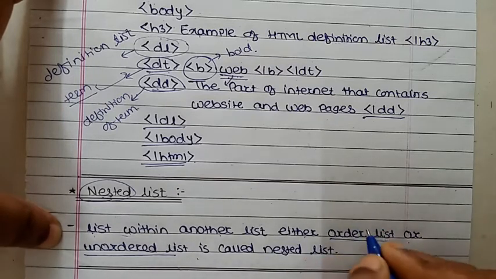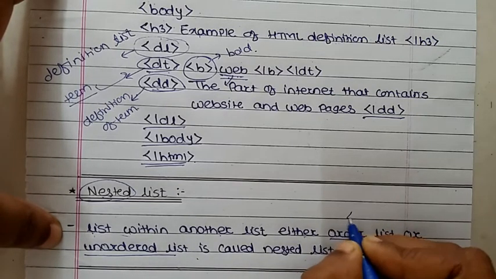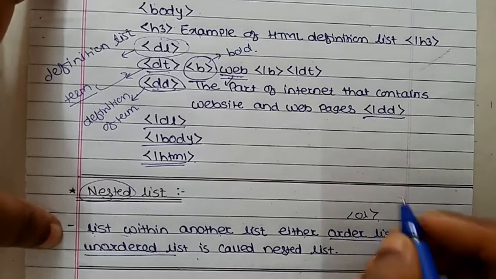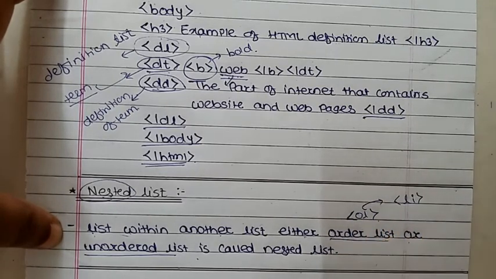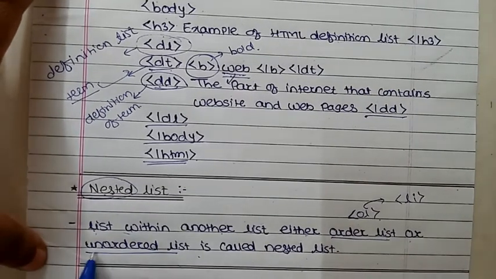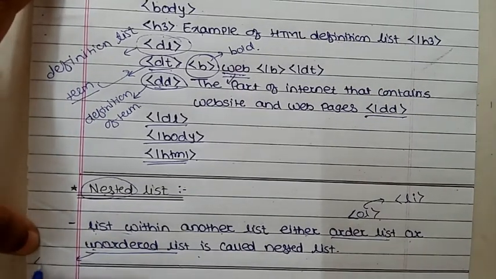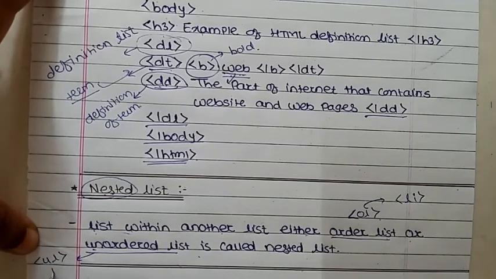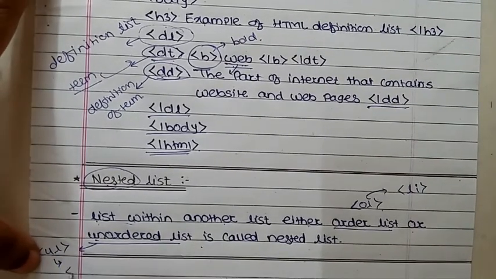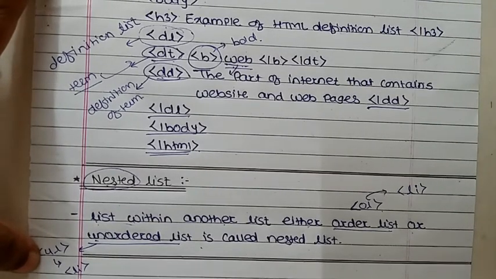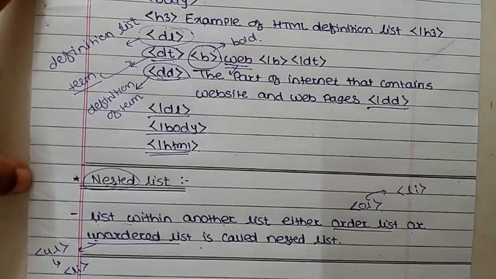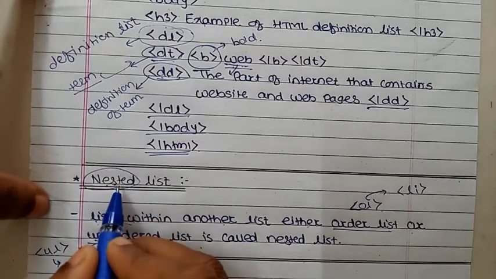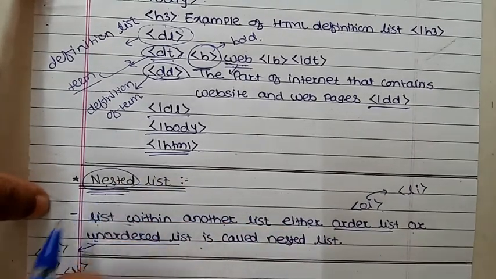For an ordered list, which tag do we use? That is OL. And for defining the elements of the OL tag we use LI for list items. For creating the unordered list, the UL tag is used, and for defining the list of elements, the LI tag is used. Clear? We will see the example of a nested list practically, and then the concept is easily understood.